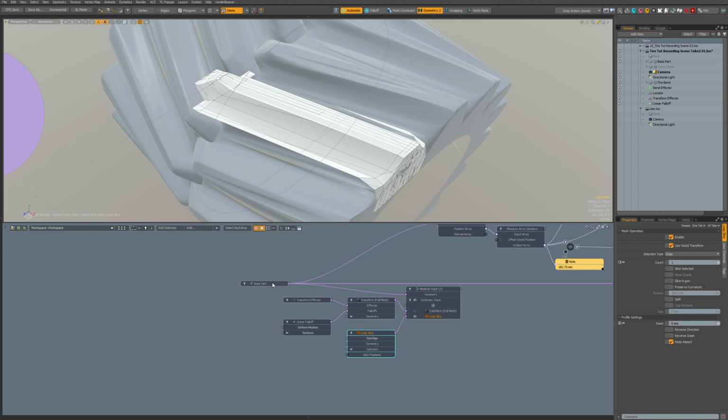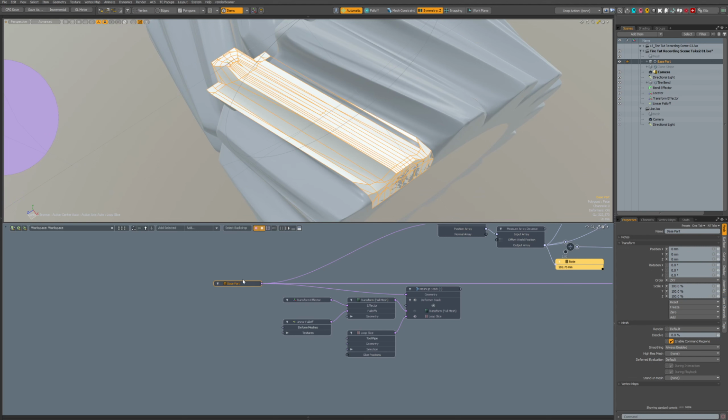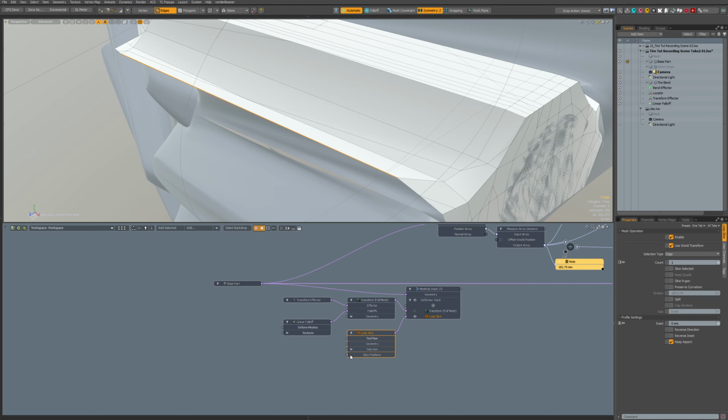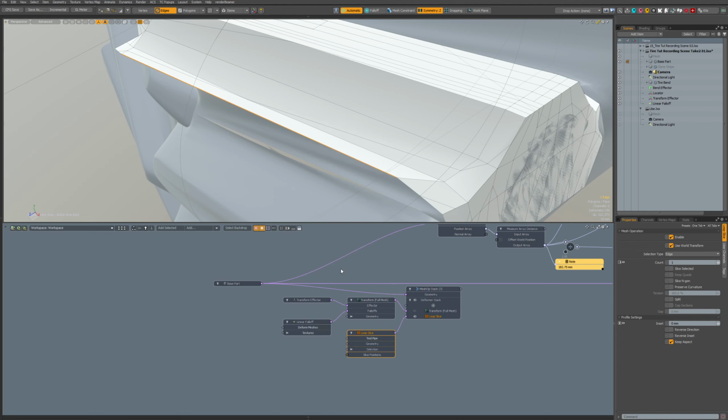But to select the right geometry for it, I'll take this part, and I'll take this edge, and I'll add a selection set for it. So name it loop slice 1. Okay, now we have a selection set, and then we add here a selection operator and select by selection set,